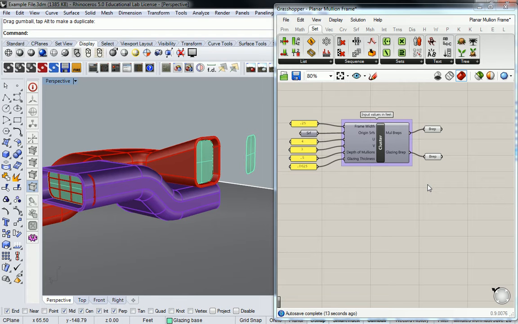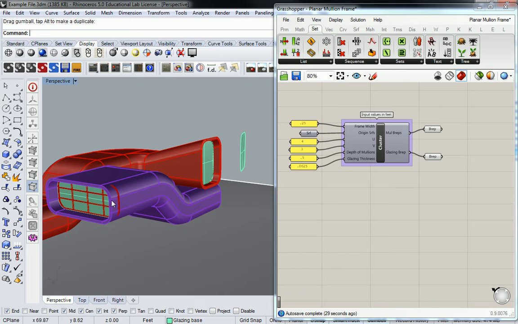All right, so I went through and I troubleshot this. It looks like the issue I was having is that I didn't really set it up to organize multiple surfaces the way data needs to be passed through. I'm not going to bore you with all the details of it, but I do want to show you real quick that now with one surface, and as long as they're all the same kind of surface, planar surfaces,